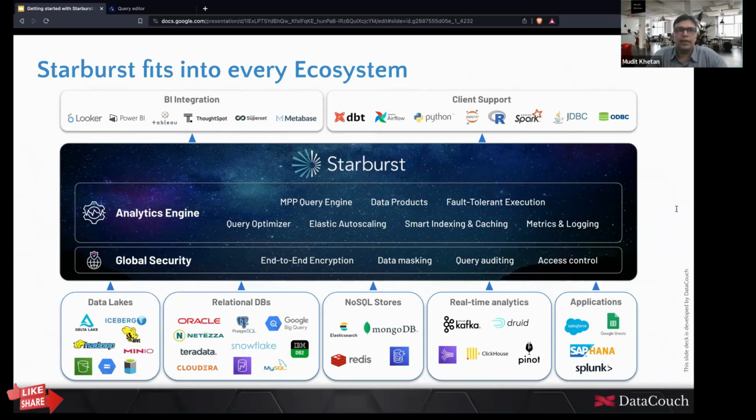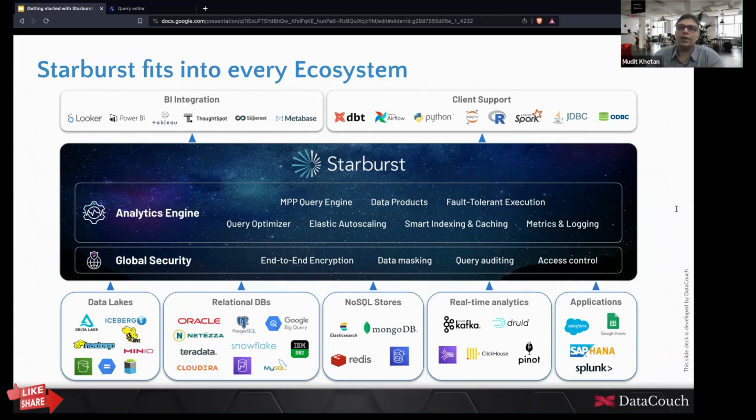When it comes to BI integration, Starburst not only allows you analytics facilities within its own query editors, but you can also integrate it with modern GUI BI tools such as Looker, Power BI, Tableau, and so on. These tools can directly query the data using Starburst as their data pipeline or analytics platform. And once that data becomes available to these tools, they can start giving you dynamic and real-time dashboards.